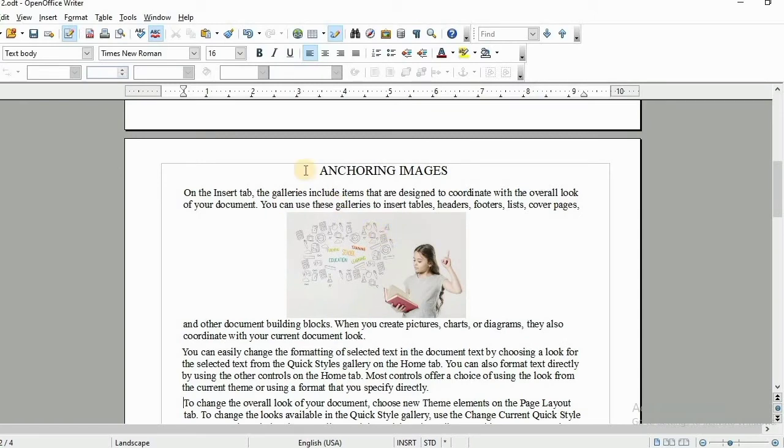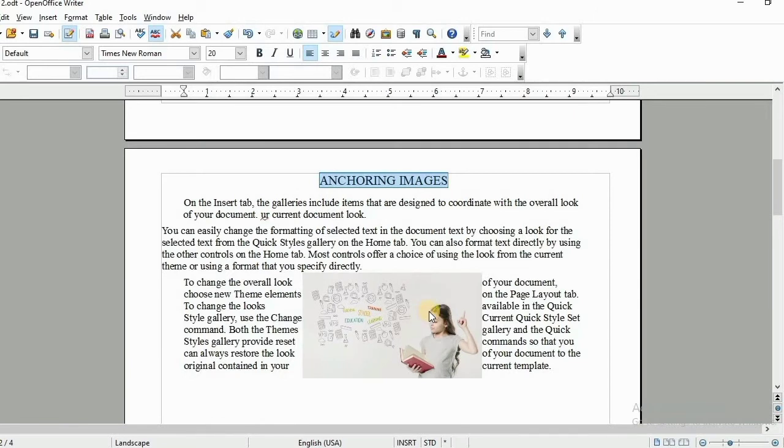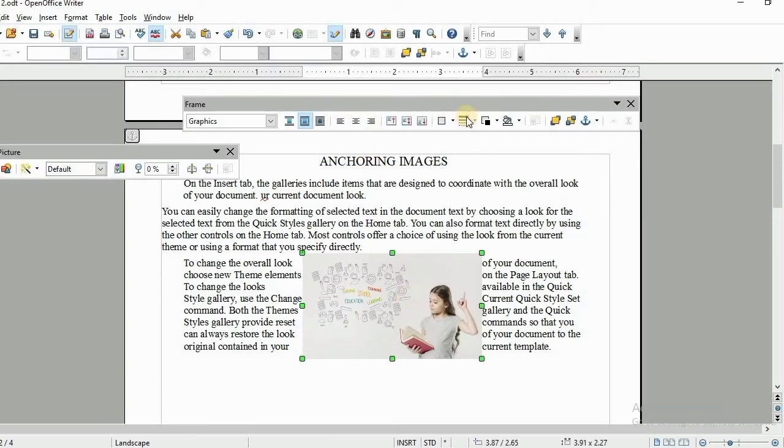Now, next way of setting position is anchoring image. We can set a fixed position for our picture by setting anchoring. Now see how we can set. Firstly, click on your picture. You will see here change anchor appears.